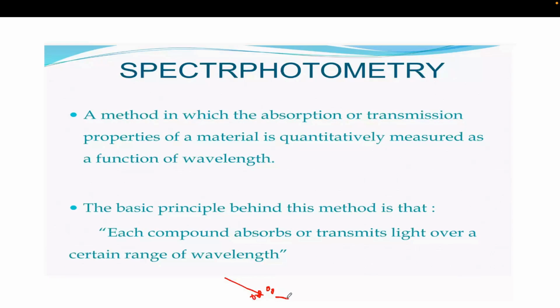Whatever light it absorbs and transmits at a particular wavelength determines certain parameters of the